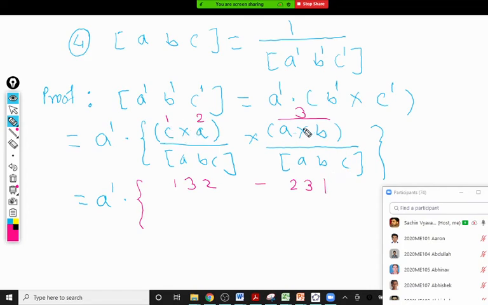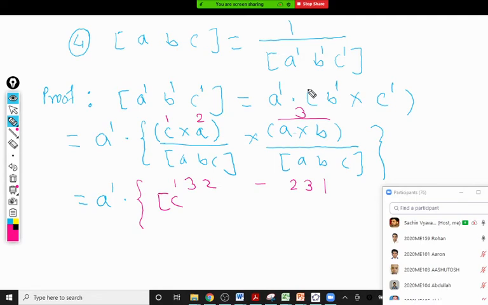Now 1 3 is the box of CAB. Sir, instead of that, we can take A dash inside, no? So A dash dot C cross A cross A dash dot A cross B. I think that is not correct, because with a box product you cannot do that. If you have A dot B cross C, you cannot write A dot B cross A dot C. It is not like that. Dot is not distributive there.